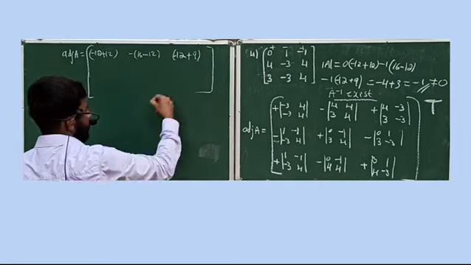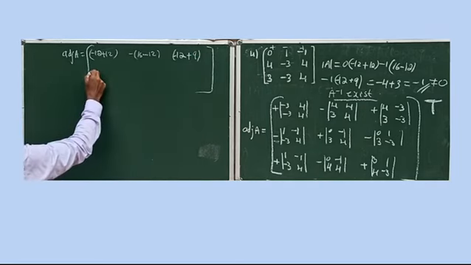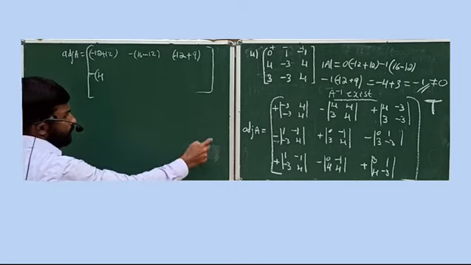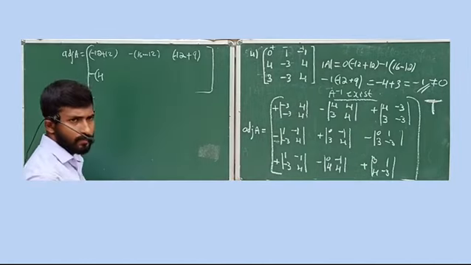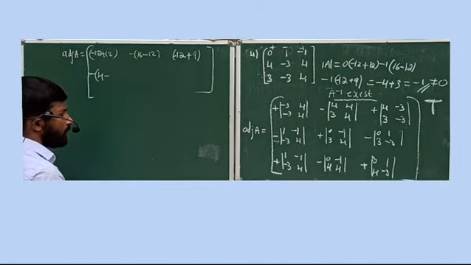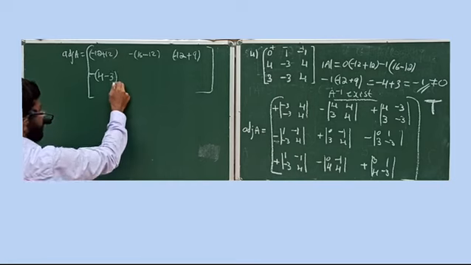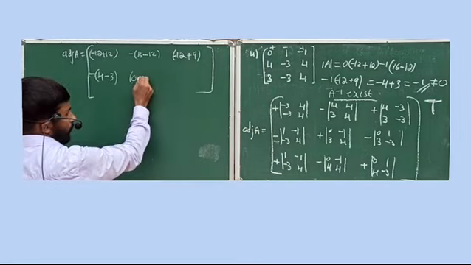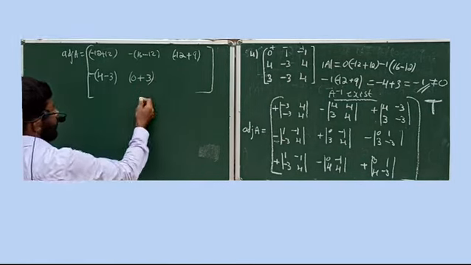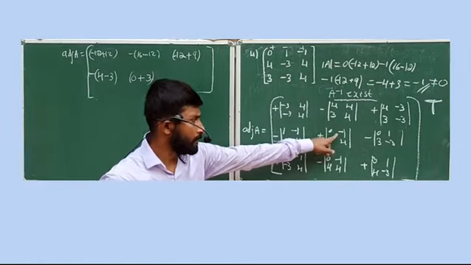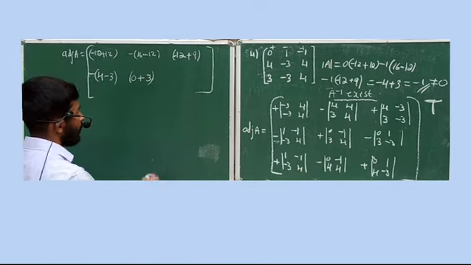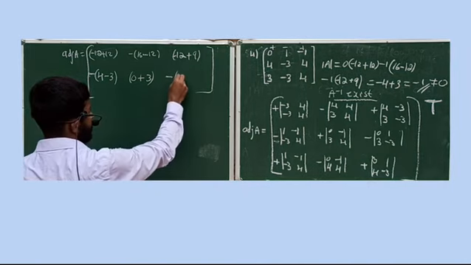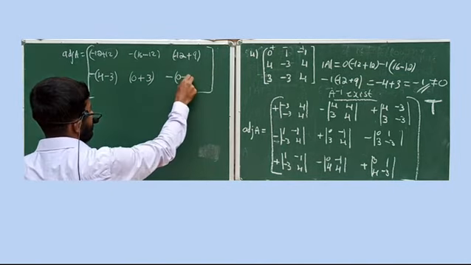Okay, then second row entry, see minus sign outside. Okay, 4, again see minus 3 into 1 is plus 3, but 1 minus from the formula, so you will get minus 3. Then plus outside, 4 into 0 is 0, minus into minus plus, so you will get plus 3. Already 1 minus here, 1 minus from the formula. Then minus outside, what you will get, 0 into minus 3 is 0, 3 into 1 is 3.